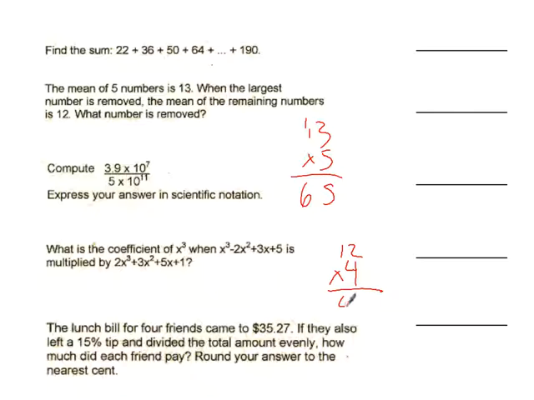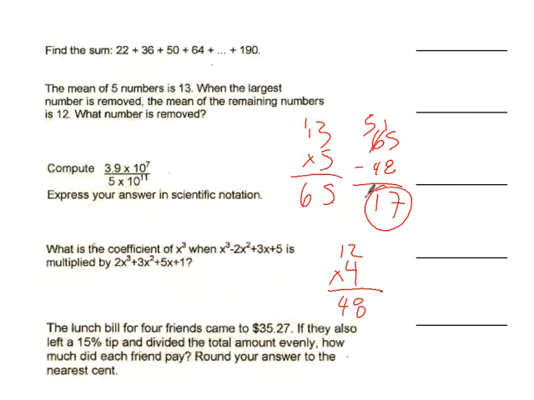So when I multiply these together, I get 48. Well, with all 5 numbers, I have 65. With one of them removed, I have 48. Well, that means the one number that was removed is the difference between these two products. So 65 minus 48, I obviously can't take 8 away from 5, so I have to borrow,